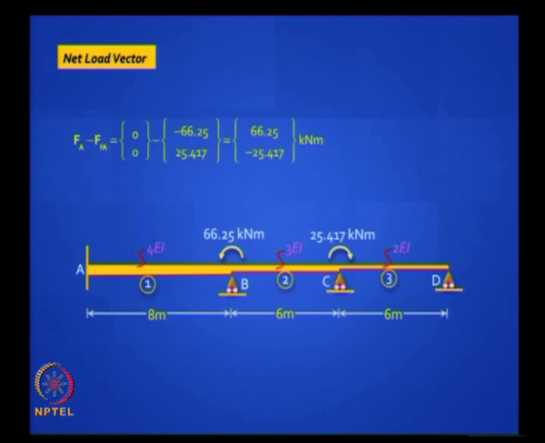So you can find the net load vector, which is the nodal force vector. In this case it's a null vector, there are no nodal forces in this problem, and FFA, which we got in the last step, you have to put a minus sign because you have to satisfy equilibrium, and you will find that you have reduced that complicated problem to a simple problem where you apply only 2 nodal moments in the direction shown, and this is equivalent to the original problem in the sense you get exactly the same theta B and theta C, and that is the beauty of the displacement method. Such a complicated problem you have reduced to a simple problem where you have only nodal forces.